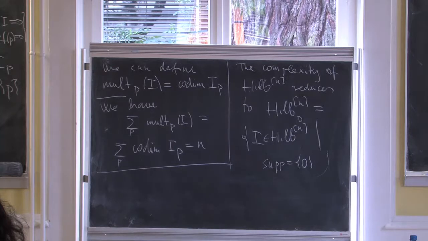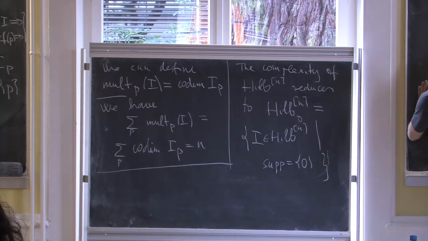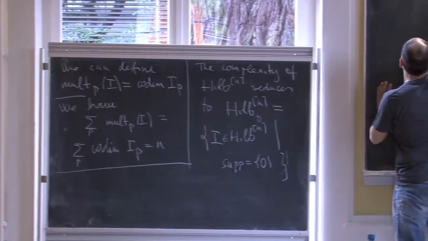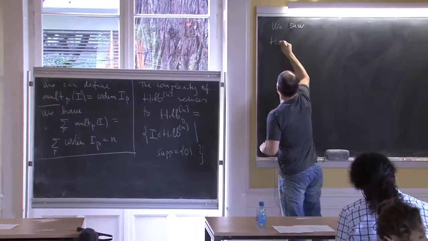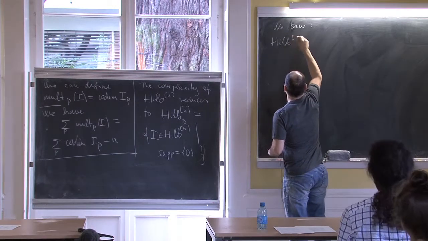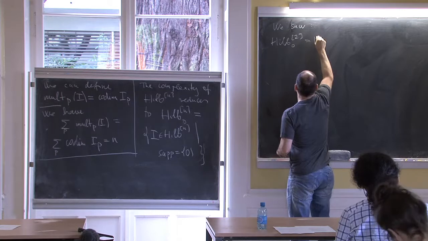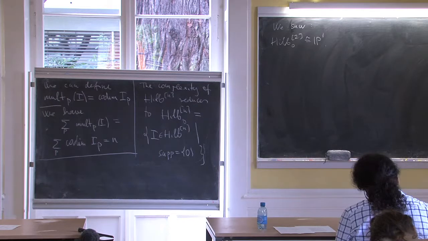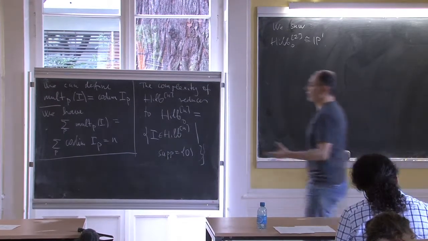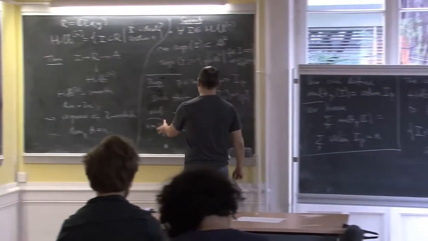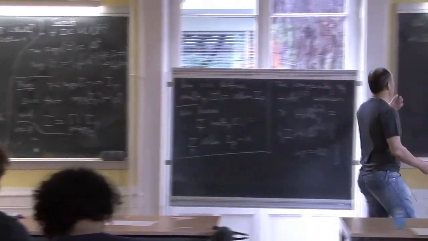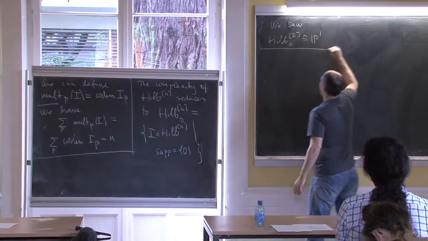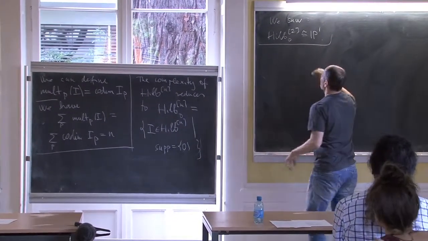So when it's supported just by one point. And so you saw this situation for the 2 points. When the thing was supported at the origin, this was P1. So you saw that Hilbert 2, 0 is just P1. Okay. So why do I say that the complexity reduces to this? Because obviously, if you write it motivically, as a disjoint union, what I mean by this complexity reduces is that we can write